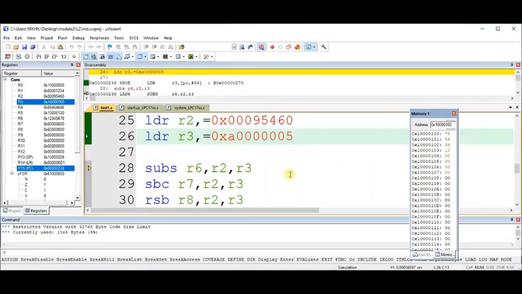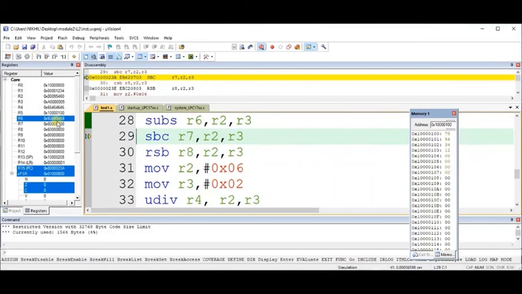So subtract instruction here, how it will work now? Content of R3 will be subtracted by R2 and result will be stored in R6. So you can cross verify through the manual calculation or calculator. R2 is having this value 0 and R3 is having this 5. So we expect some borrow there. So let us see what will be the R6 value. R6 is B. And next what we have is subtract with carry.